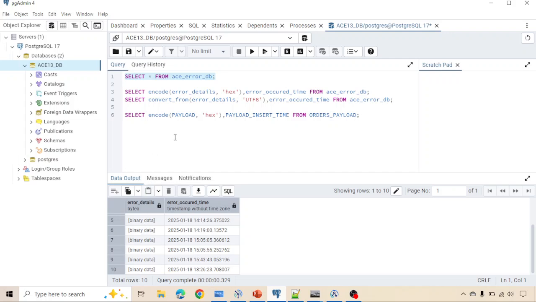But there are some syntax that are actually available in PostgreSQL. With the help of that, we can read all this binary data. Suppose I want to convert this binary data into hexadecimal, then we can write the syntax like this: